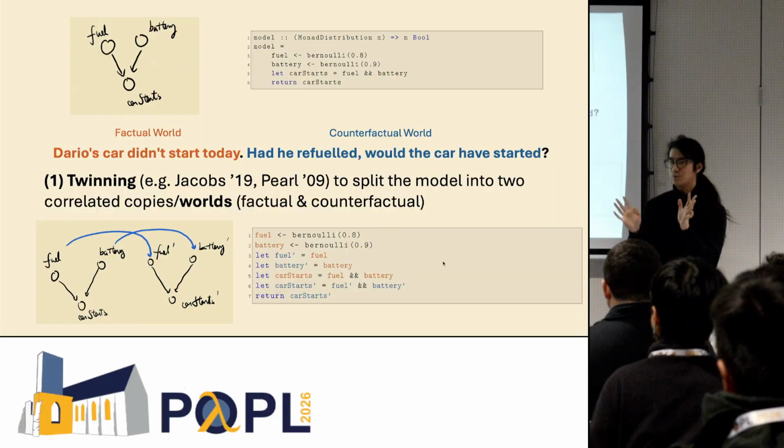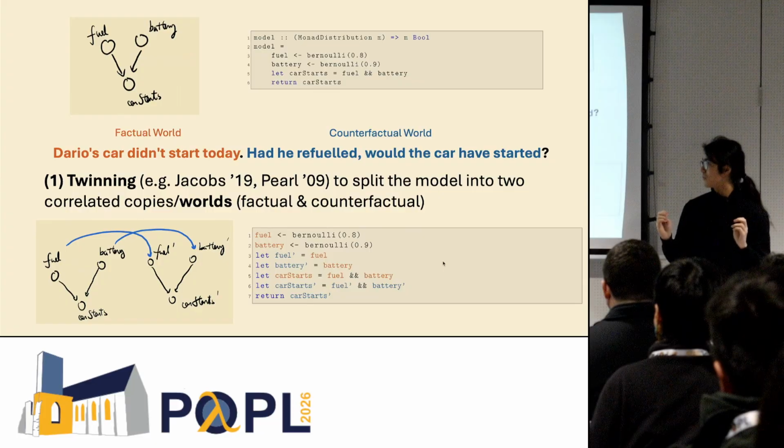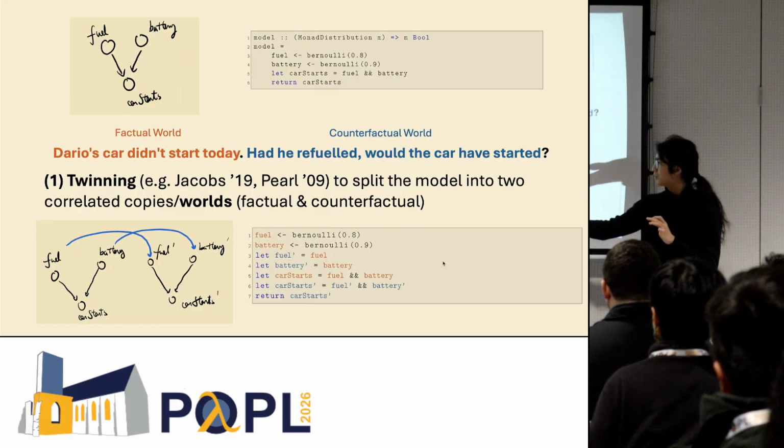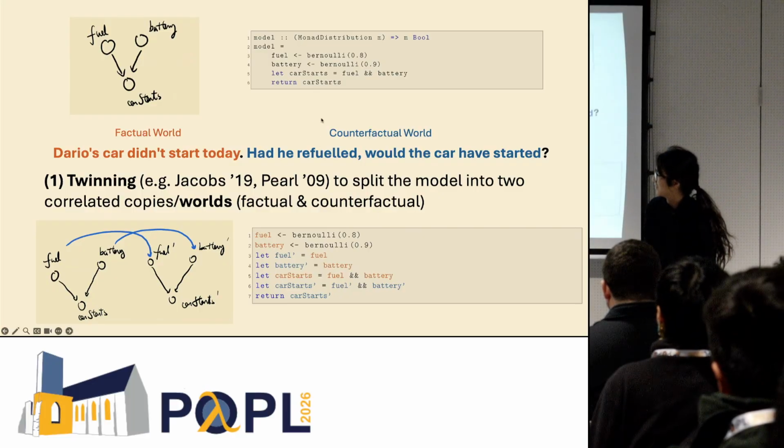And the point is that we want to create these two copies of the same world, while keeping everything else as much the same as possible. And this is exactly what twinning is about. And as you can see here, we have created